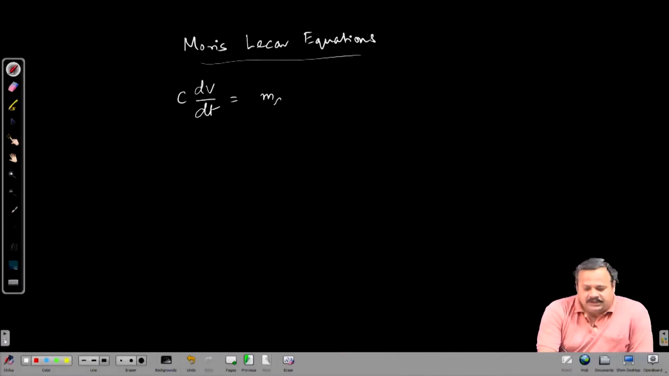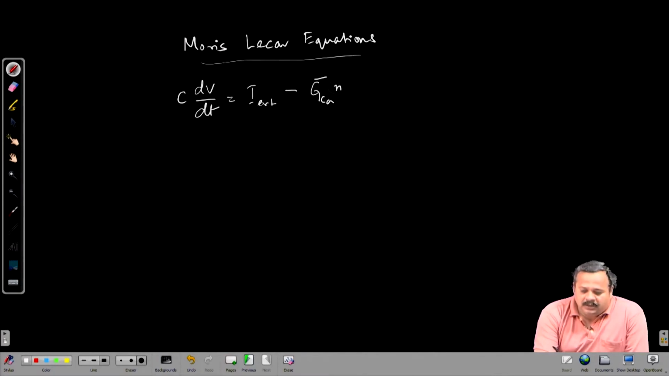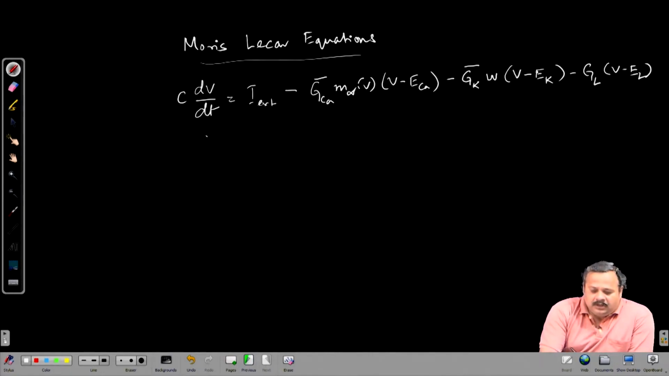So, they have a calcium channel which is m infinity(V). C dV/dt equals I external minus g calcium, so we already bring in a term that is new, with m infinity(V) times (V minus E calcium), minus g K bar W times (V minus E K), minus g leak times (V minus E leak),